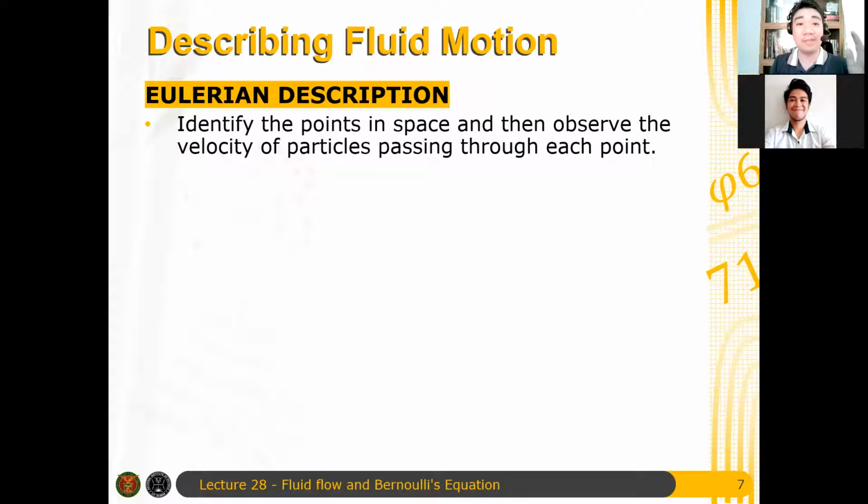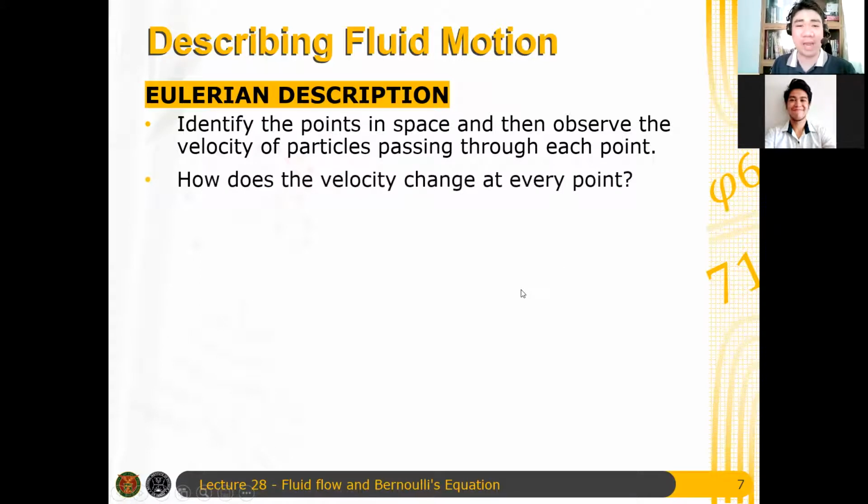So, the point here is these two are equivalent kasi the Eulerian description will give you the mathematical equations necessary para madaling ma-solve yung equations. Pero yung conservation principles na iaalat doon ay galing sa Lagrangian description. Okay? So that's basically the equivalence of the two descriptions. Pero for now, we will focus on the Eulerian description kasi mas kaya nating isipin yung nangyayari doon. So again, Eulerian description, how does velocity change at every point? Instead of focusing on the individual parcels that are moving in a fluid, we focus on one point and then check how the velocity changes at that particular point.